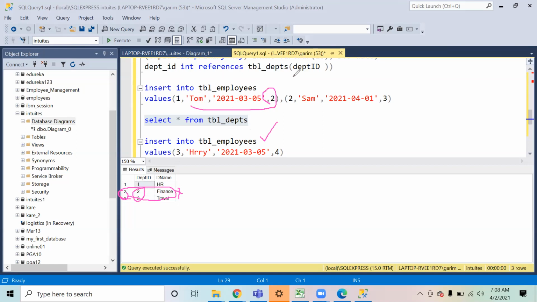In which department will he go? So the department is still showing as 2 for him and you are removing this department. So if you have that foreign key primary key relationship, you will not be able to delete the data from here. If you try to do it, it will throw an error that you cannot delete it because there's a foreign key constraint. But suppose this has to be deleted. Now this is something that has to be deleted. What shall I do in that case?